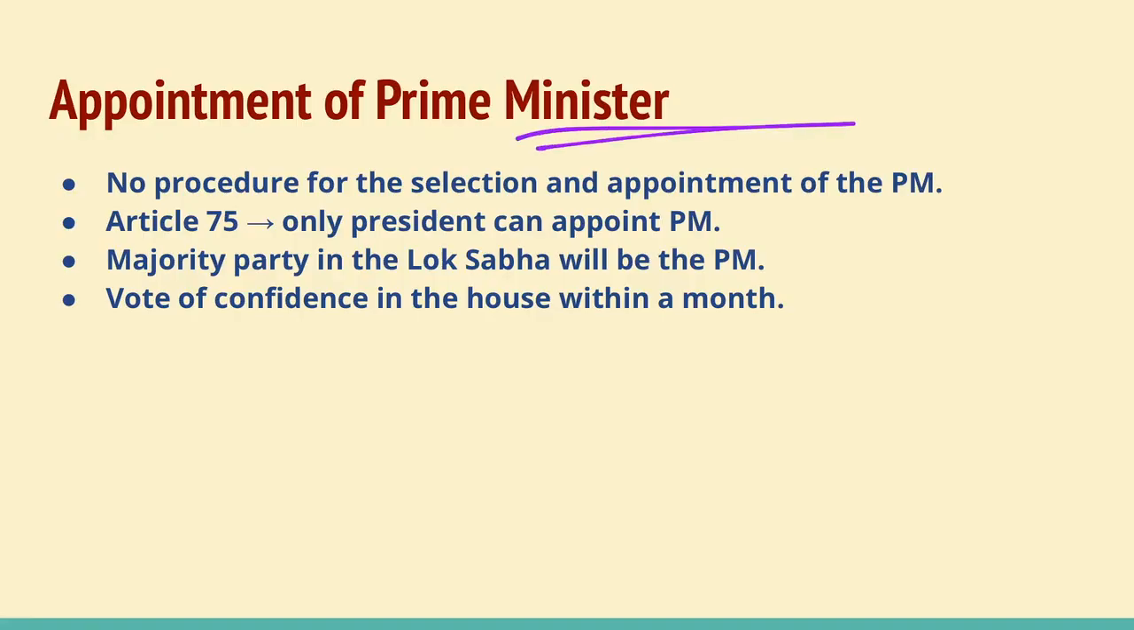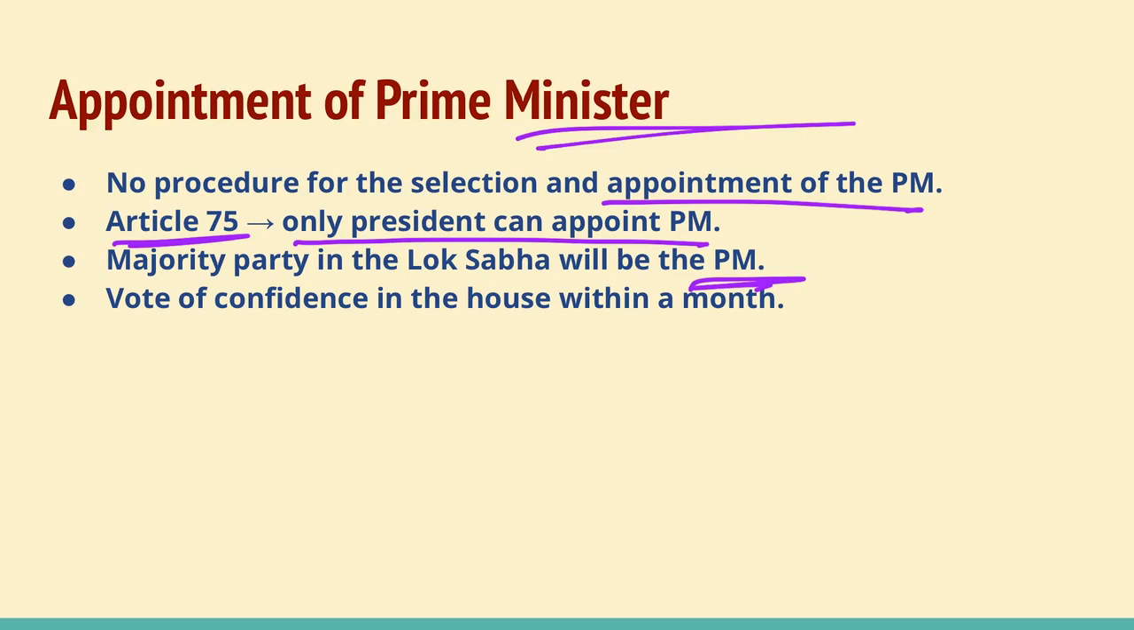Appointment of prime minister. The constitution does not provide any procedure for the selection and appointment of the prime minister. According to Article 75, only the president can appoint the prime minister. It doesn't mean that the president can appoint anyone as prime minister. The president should appoint the leader of the majority party in the Lok Sabha, and he will be the prime